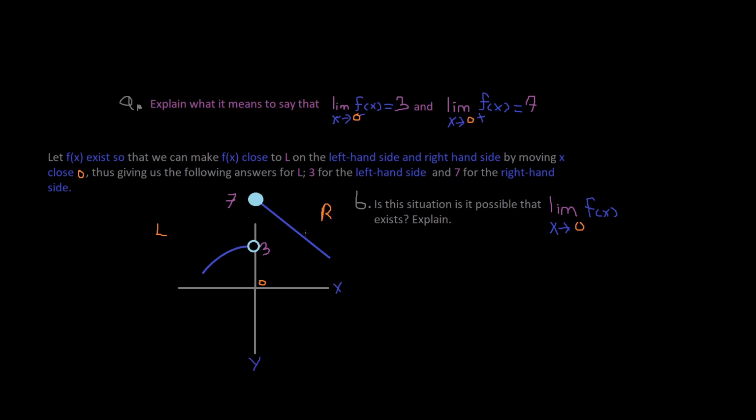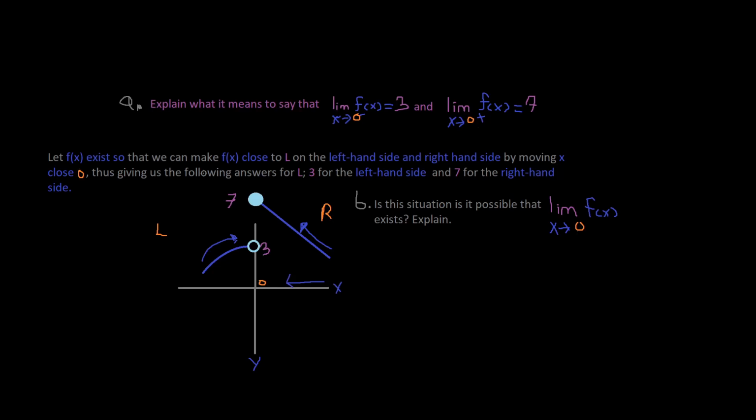And how we bring the function close to L, which stands for the limit, these pink numbers, is that we gotta bring it closer and closer and closer, as you can see by the graph, and over here too. That's where we're heading to. L is our limit, the pink number. That's our y-axis. And so on the left hand side and right hand side, by moving x close to 0, so we're going close to 0,